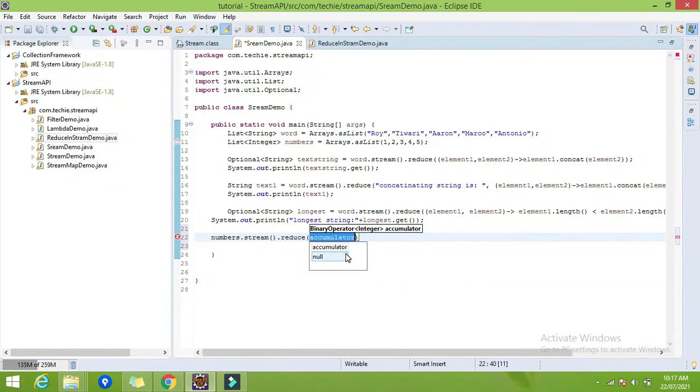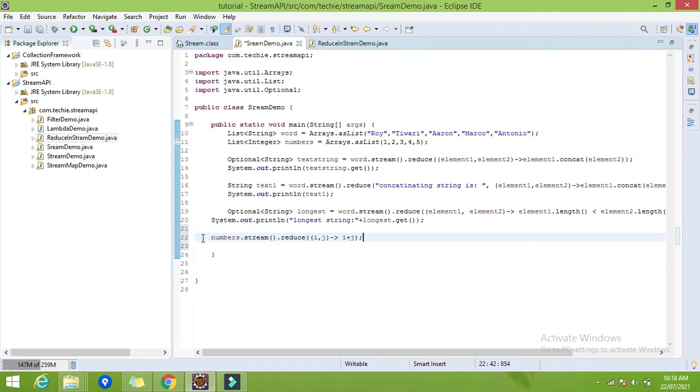First I will not use any identity, that is the initial value. So let's try with only two parameters. I will give i comma j, and then the body: i plus j. So that's it.